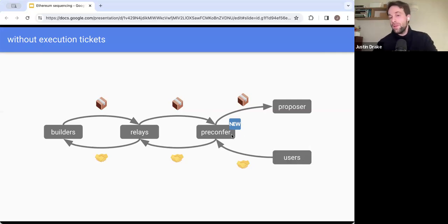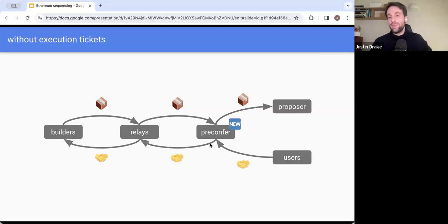And really the one edge case that we have to worry about is liveness faults. And what I'm suggesting is that basically the proposer is on the hook for liveness faults, because ultimately they have to be online and propose a block because they have monopoly power to extend the L1. But they're trusting the pre-confer to be online if they've provided any pre-confirmations.